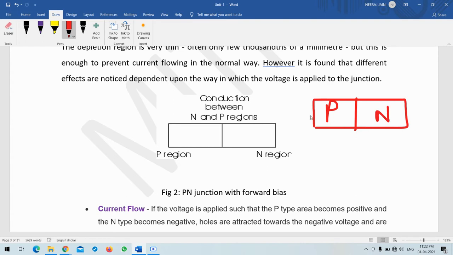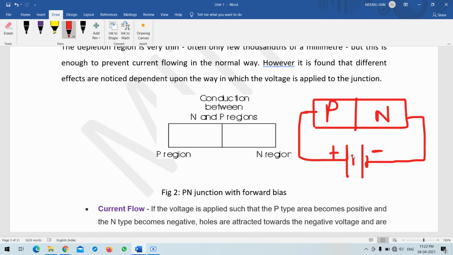In the case of forward voltage, we put a battery here and connect it in such a way that the positive of the battery is connected to the P side of the semiconductor and the negative of the battery is connected with the N side, due to which there will be current flow and the depletion region will be removed. Now we will see why the current will flow,